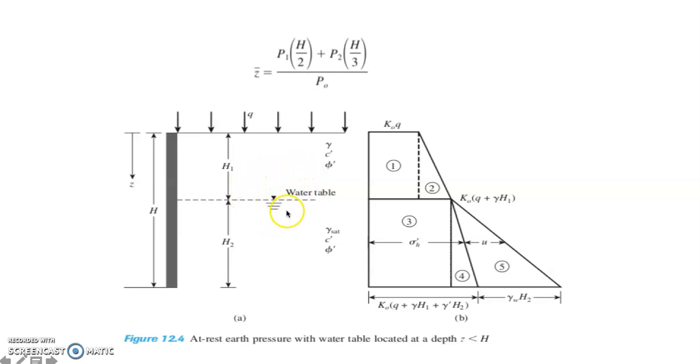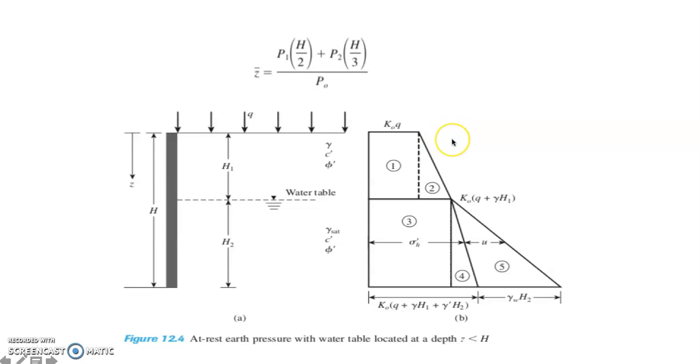So there is still a presence of the surcharge. Step by step, you compute the vertical stress at Z equal to 0. That would be equivalent to, of course, sigma times Z, which is 0, plus the surcharge, so plus Q. So basically, the vertical stress at Z equal to 0 will be equal to Q.